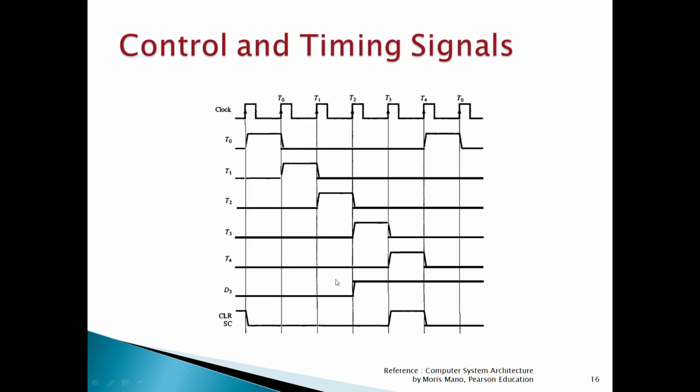Now see here, there is a relationship between the timing signals and the control signal. See the clock. The clock starts uniformly. It is the positive edge, then the negative edge, then the positive edge, the negative edge, and so on. It is uniformly distributed, with one part of the cycle for the transition period, and the rest for the non-transition period.